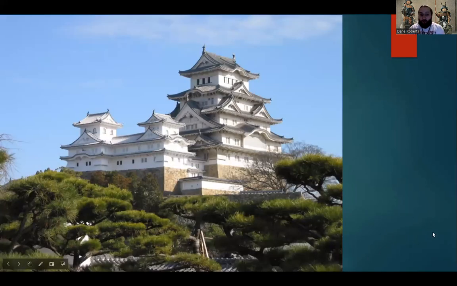And of course, being that this was a time of war, the Sengoku period saw a large increase of castles, because you want to be able to defend yourself and your army from other armies. And what's the best way to do that? Castles, large fortresses, fortified cities that you could hold up in and defend against a siege.